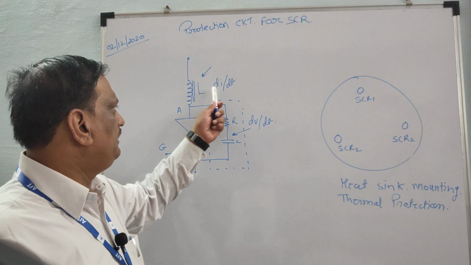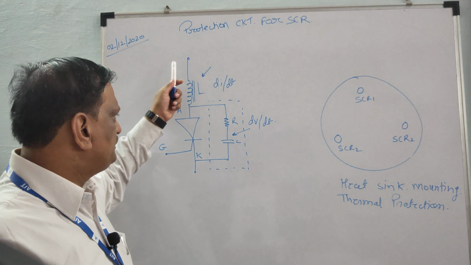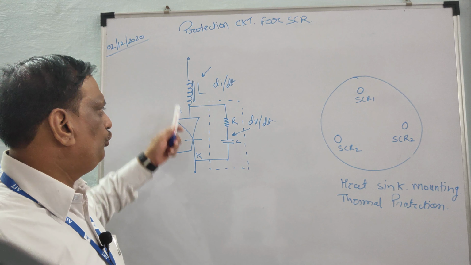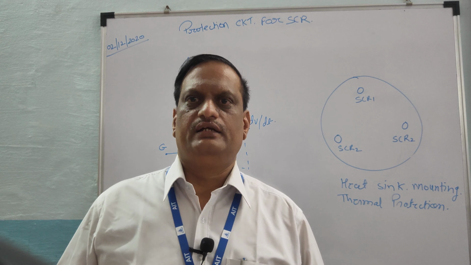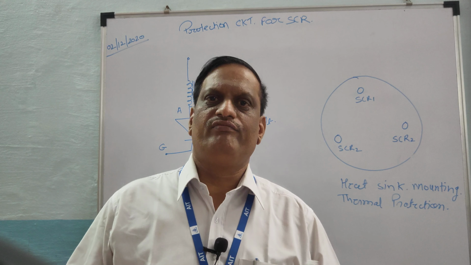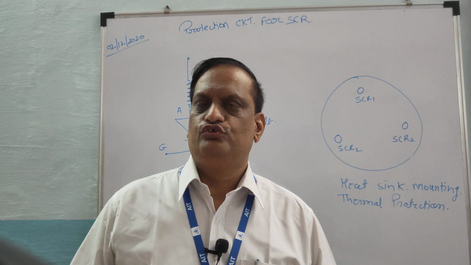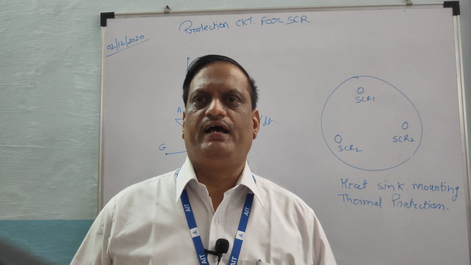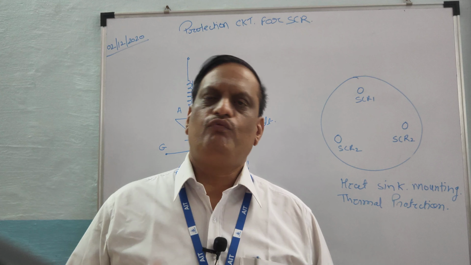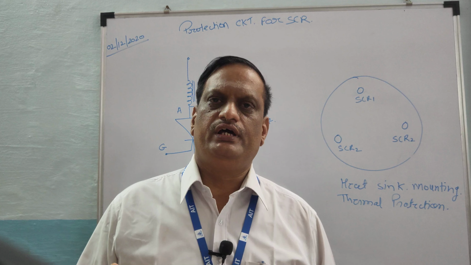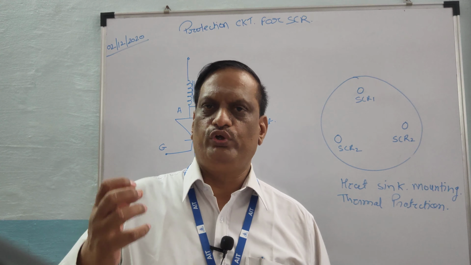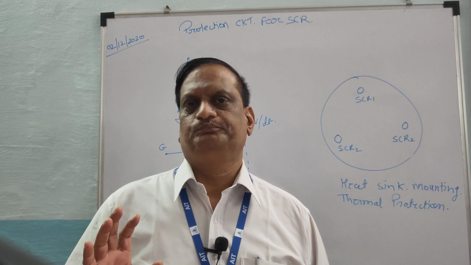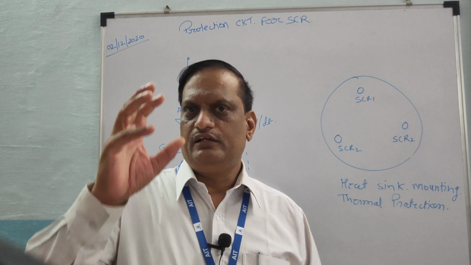The high current, that is high di/dt, will suddenly force the current to flow through the anode of the device and the anode will be damaged. There may be a possibility of the device getting damaged. So we will have to protect this device from high di/dt. What exactly does the inductor do over here? The job of the inductor is to slow down the current which is flowing through the SCR. So the inductor slows down the current.